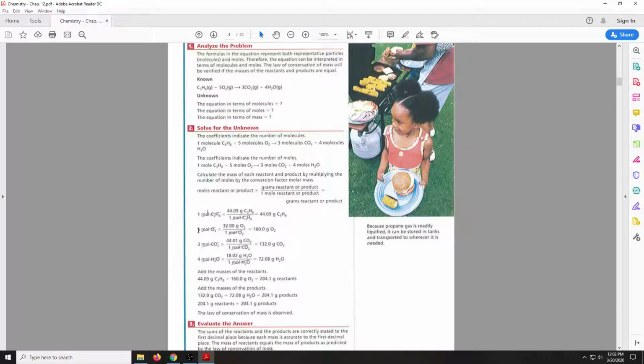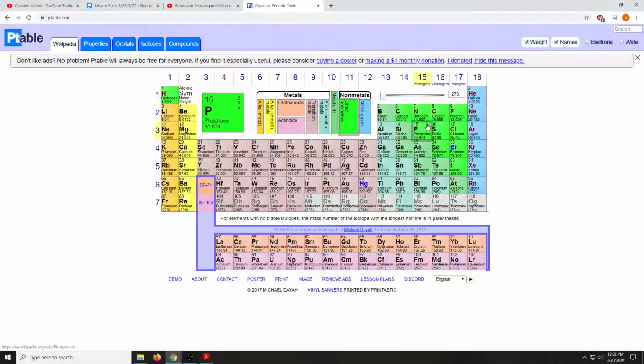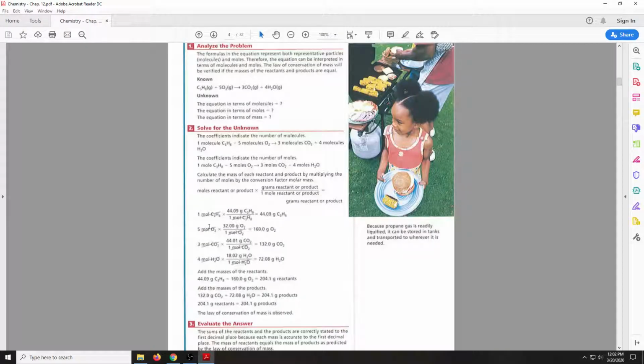Now let's look at O2. 5 moles of O2 multiplied by its molar mass. Well, how do we find O2's molar mass? Oxygen is 16. So O2 means 2 times 16. So 2 times 16 is 32. 5 times 32, my dog does not like me talking about chemistry. 5 times 32 is 160 grams